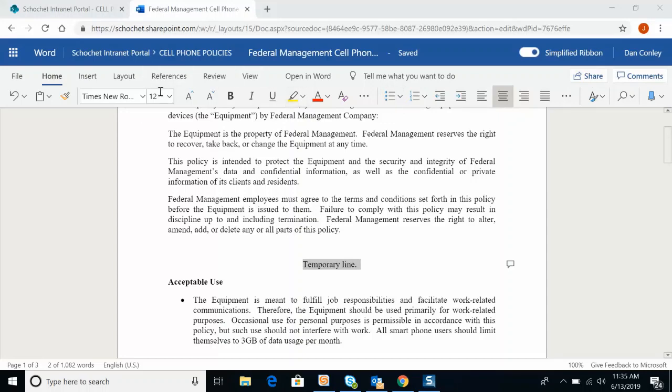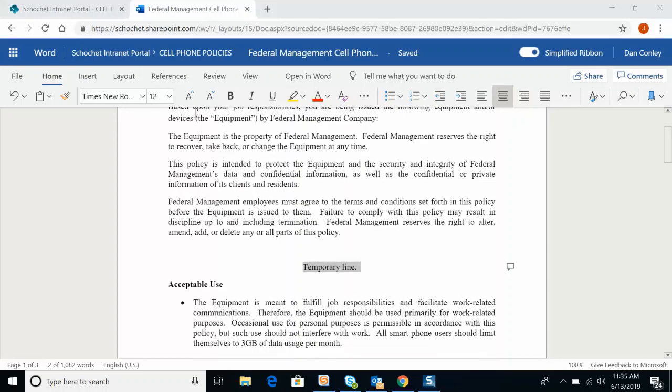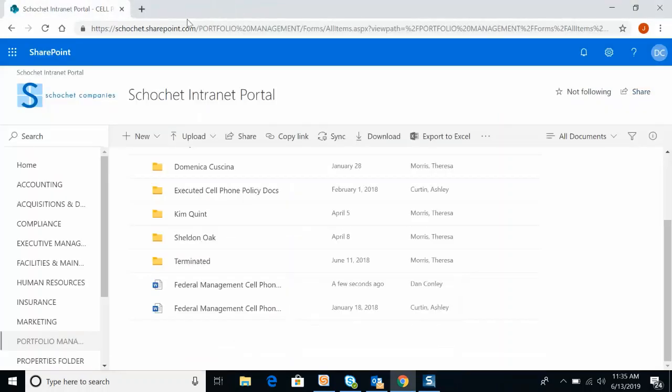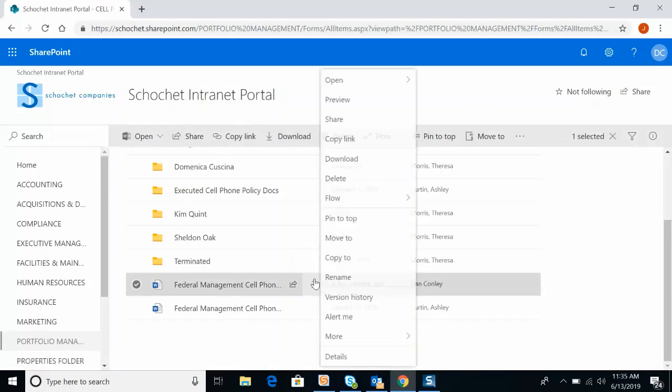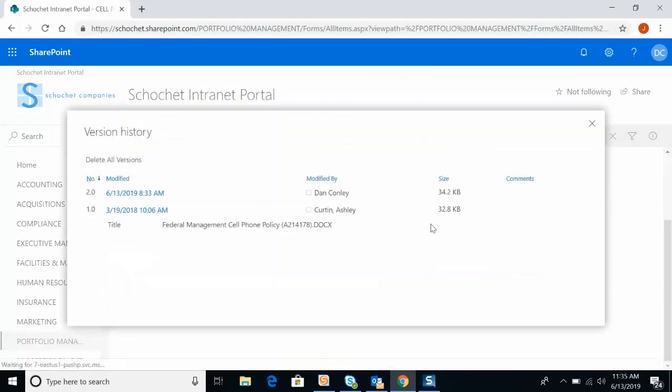Once you are done with the document, you can close out of it, and you'll note that it was updated just a few seconds ago. One of the main features of SharePoint is the ability to do what is called version history. Version history allows you to go back and pick up on a document that's been changed. In other words, if the changes that I made earlier aren't acceptable and you need to go back, you can go back to an earlier version of the document, click on it,